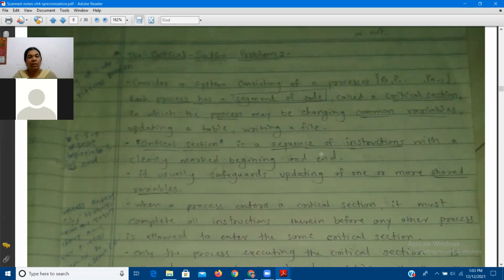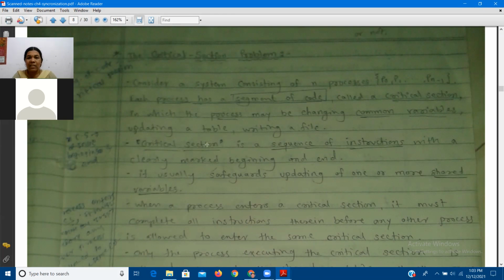So they need to mutually understand and communicate with each other, and they need to distribute the time, and in their time slot they need to utilize this variable, where this variable gets updated inside the critical section. Actually a process has different sections, and one of them is the critical section. And what is this critical section? It is a segment of code where the common variables are updated, where the common tables are updated, where the common files or shared files are updated.